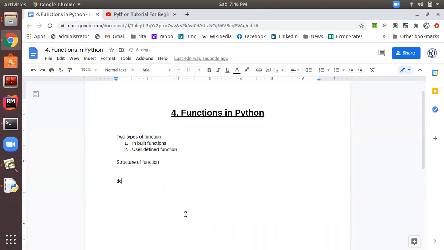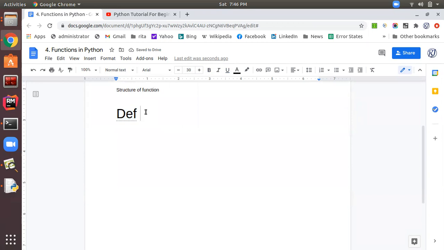Let me increase the font size so that you are able to see it properly. A function in Python always starts with def. def means starting of the function. We give any function name, that can be anything.